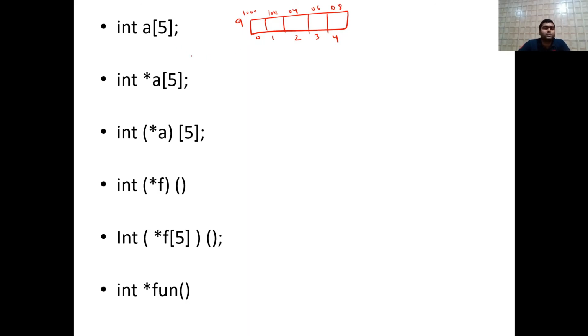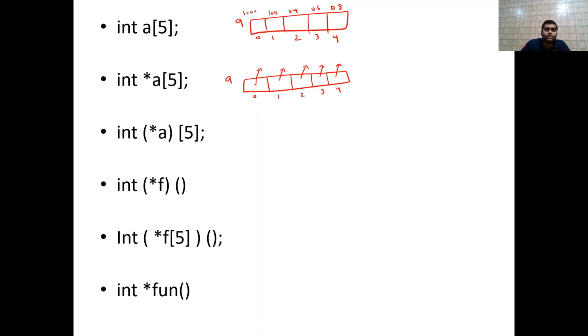So this is a simple one-dimensional array of 5 integers, meaning it can hold 5 integer values. Now star a of 5 means a is an array of 5 pointers. So 5 pointers means it will point to 5 places, 5 integer values.